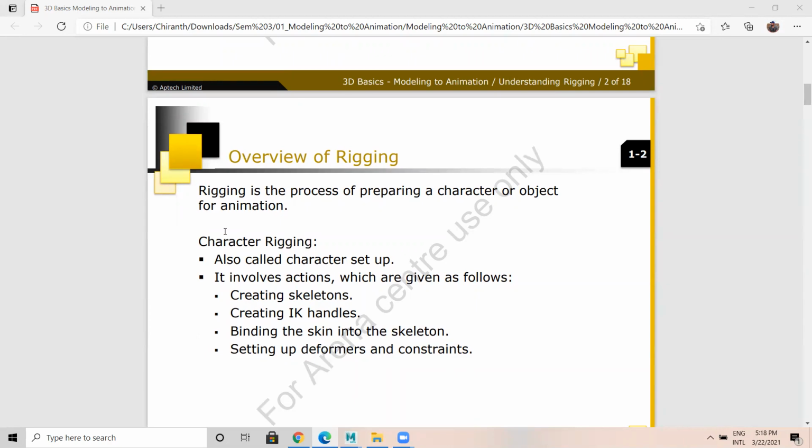We'll see that later. But anyhow, for 3D animation or VFX animation, wherever there is a character or animal or any living thing, we need a skeleton for that. Without a skeleton, you cannot animate. Apart from deformers, there's something called deformer animation, which you see in animation. Apart from that, without rigging, we cannot animate any character.